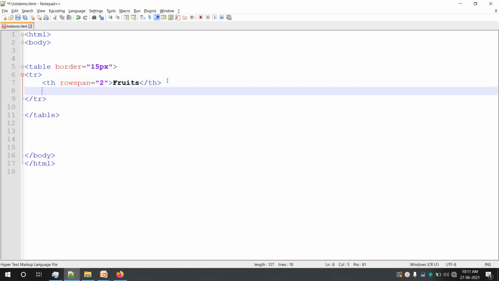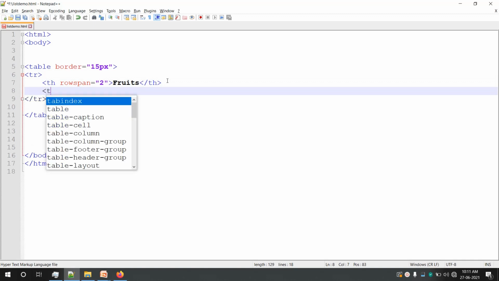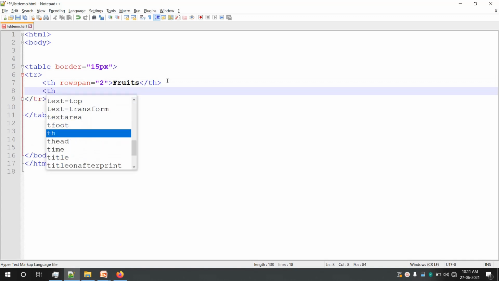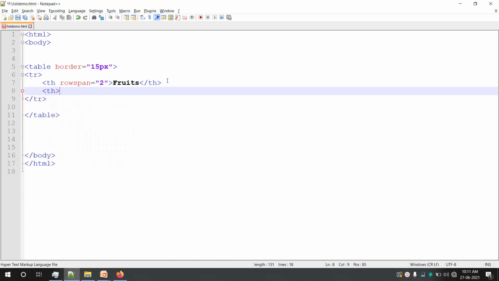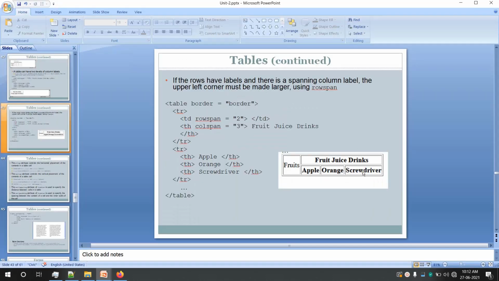Then the second TH. What is the content of the second TH? The second TH has the content fruit juice drink, you can say, and it is taking 3 columns. Okay, so we have to enter 3 columns there.